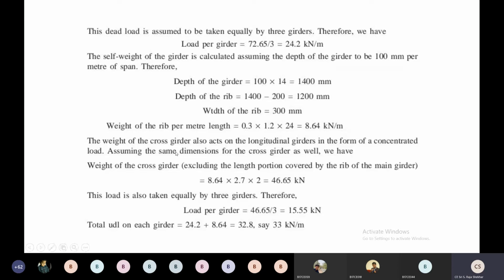Okay, once again I'll explain. Here the load dispersion takes place from cantilever portion to the interior panel. From interior panel the load disperses to the longitudinal girders as well as cross girders. Again the cross girder load will transfer to longitudinal girders, because the supports, that means piers and abutments, are connected to only longitudinal girders. Longitudinal girders కి connect అయి ఉంటాయి కాబట్టి the cross girder load has to be transferred to longitudinal girders. For the design of these longitudinal girders, we have to consider dead load of these cross girders also.